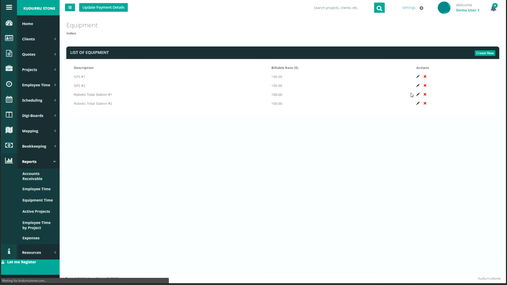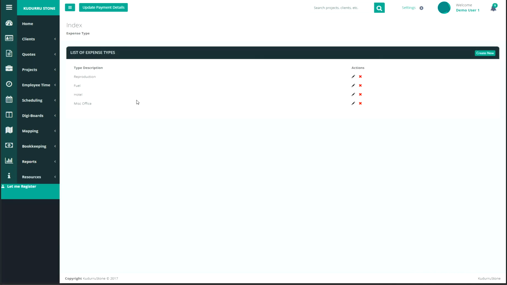And then you have expense types. So if you need to submit expense reports and whatnot, you can add all those expense types in here. So once you fill out all of your administration items, I would highly recommend that you fill these out first, at least a couple items in each one,